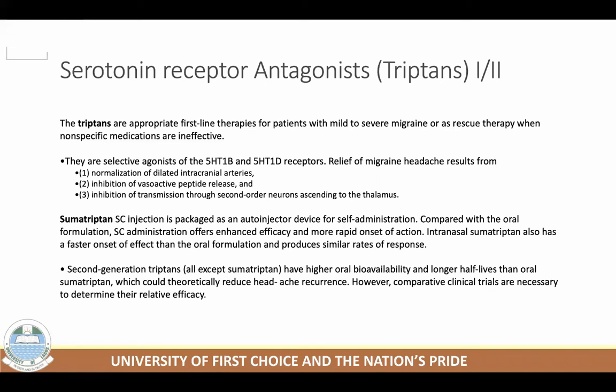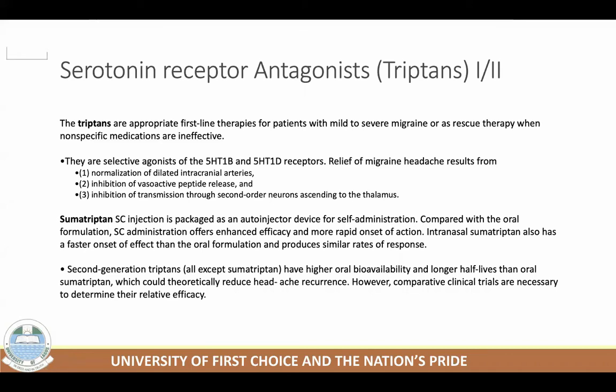Triptans are usually used as second line in Nigeria, meaning that they are used after analgesic combinations have not been useful. Okay, triptans are not used until you have at least used a combination of